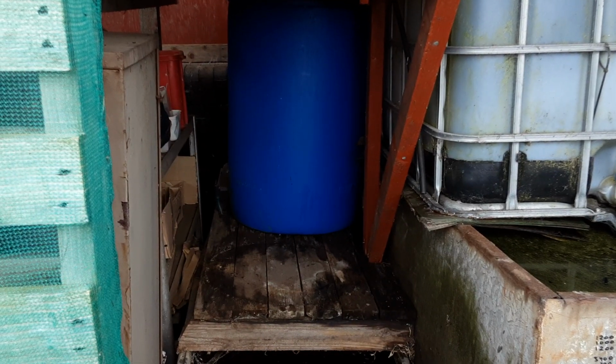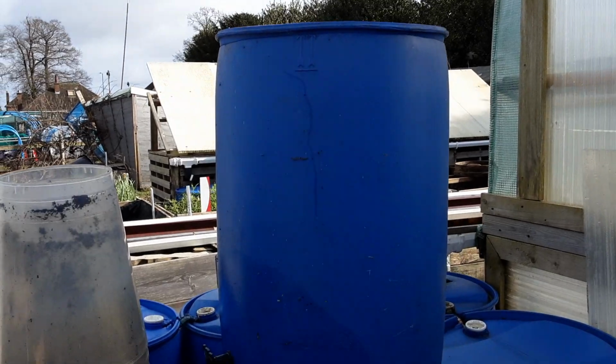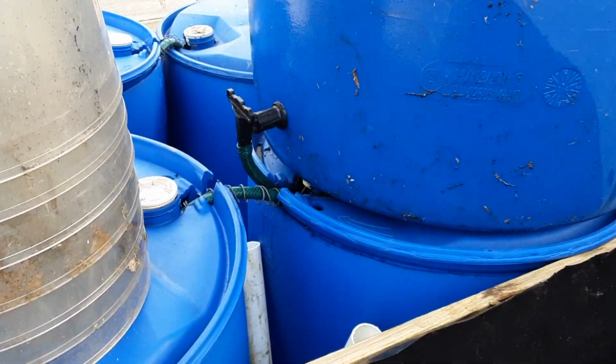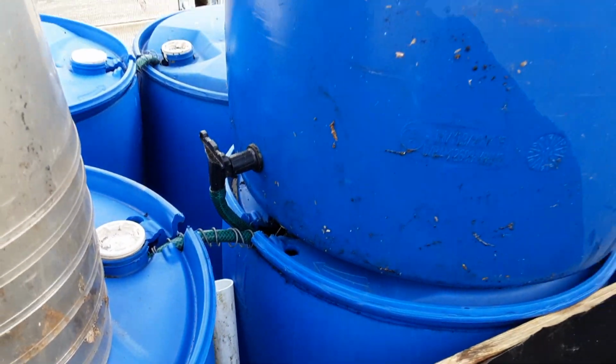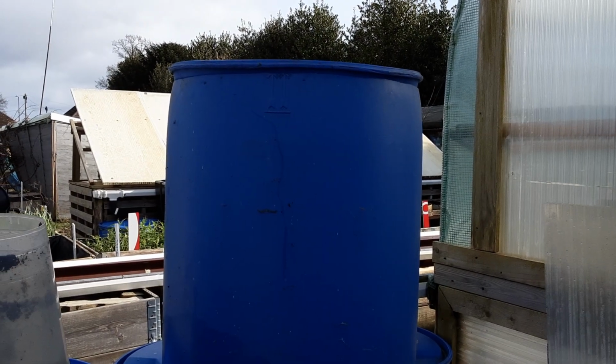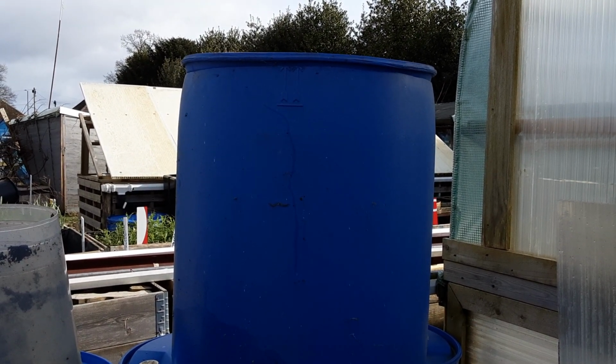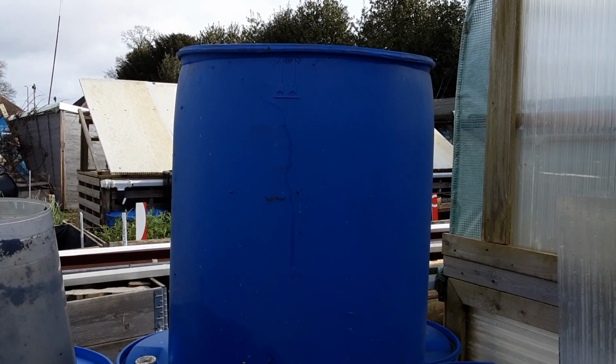So I've took that one out. I've made the decision now. I'm going to empty those two as well. And I've put this one here, and the pipe goes straight into there. So once those other two are empty, I can get all three filled up. That's 600 litres. Then any more rain that we get over the rest of the winter won't be wasted,